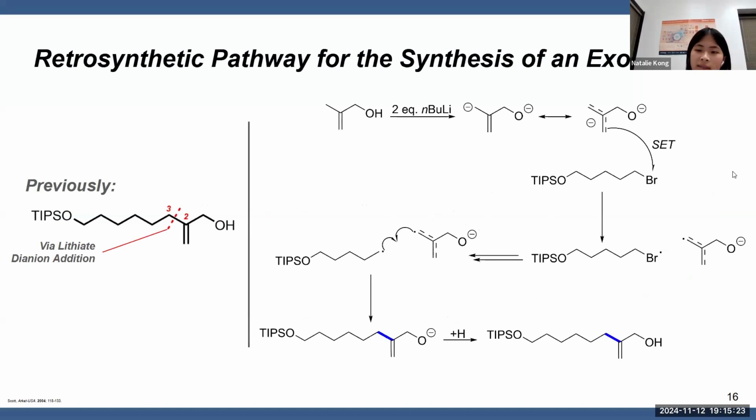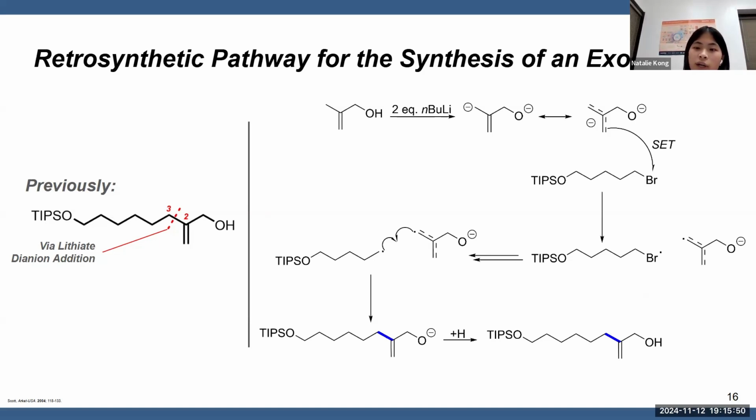So this is the arrow pushing mechanism for how our homologation works. It works via a lithiated dianion addition, where first methyl alcohol in a flask is added. Two equivalents of n-butyllithium are then added, which deprotonates the alcohol as well as one of the carbons. And then